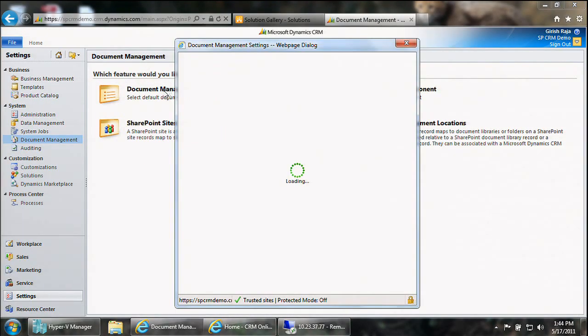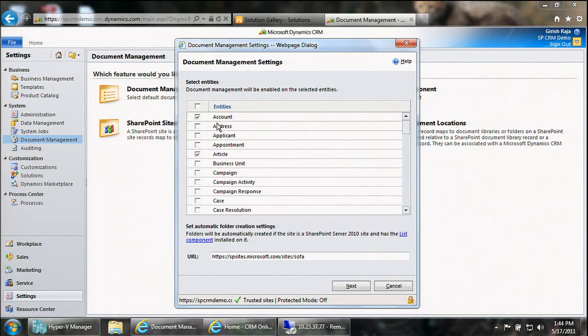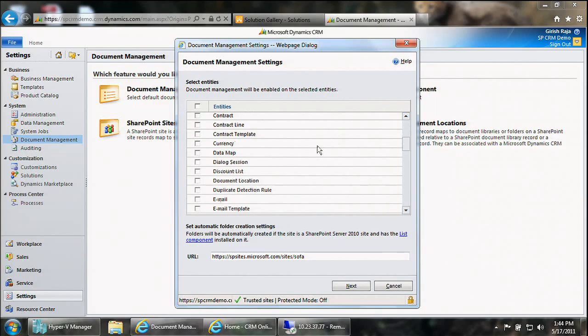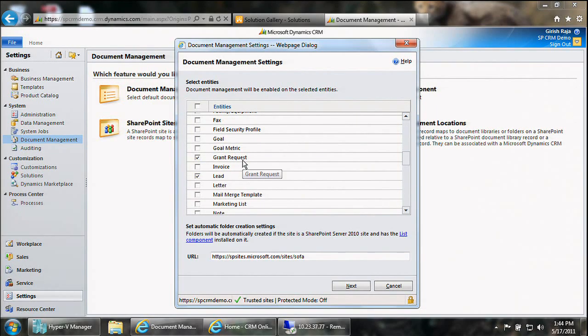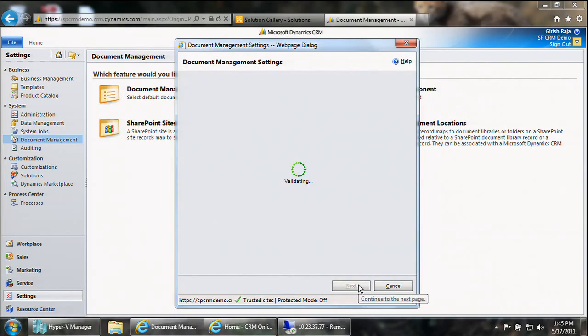So once you go back to CRM, you can say what entities in CRM you want to enable for document management. Now think of entities as a table within the CRM database. So it could be out-of-the-box things like accounts, contacts, leads, and opportunities. Or you could also have your custom entities. So if you have your own entity and your own data model, you could enable them for document management as well. And you want to specify the URL of where your SharePoint server is,